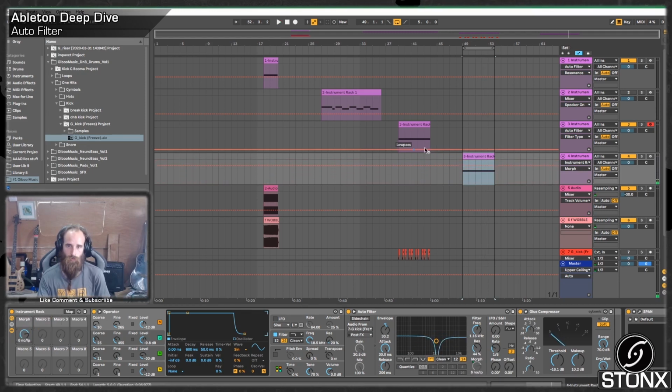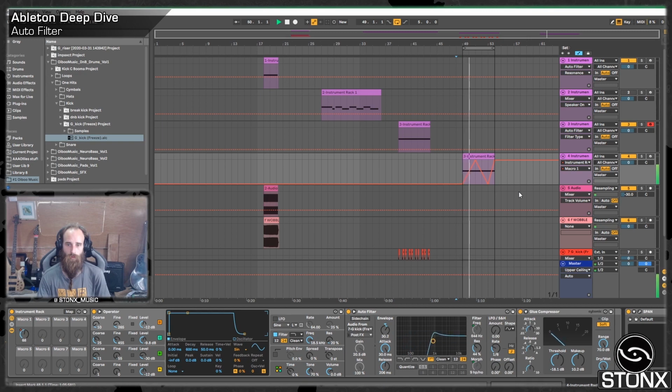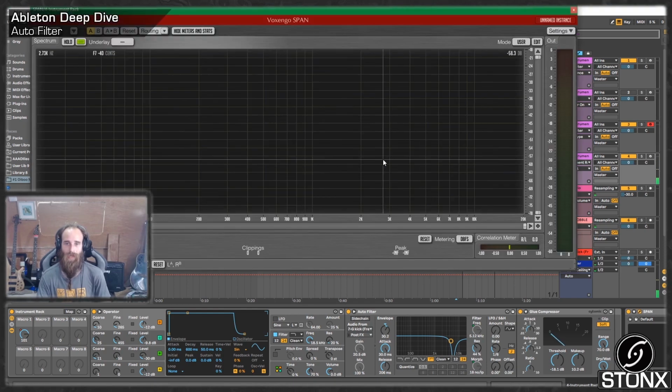This is quite a nice one. If we automate that down here somewhere up to there and back down. And then we could also automate the frequency with it. Then if you have a look at that through Span,